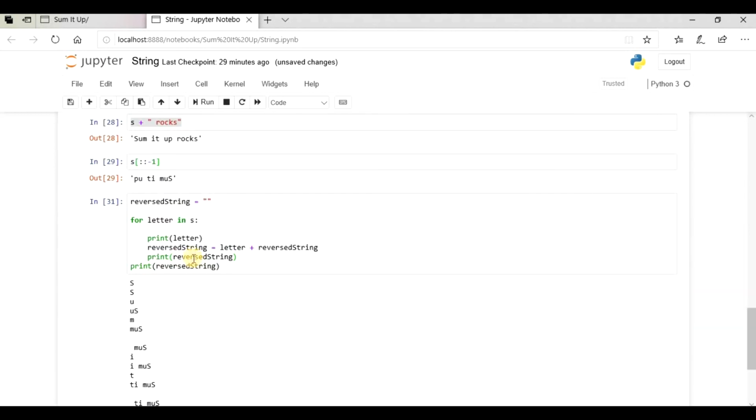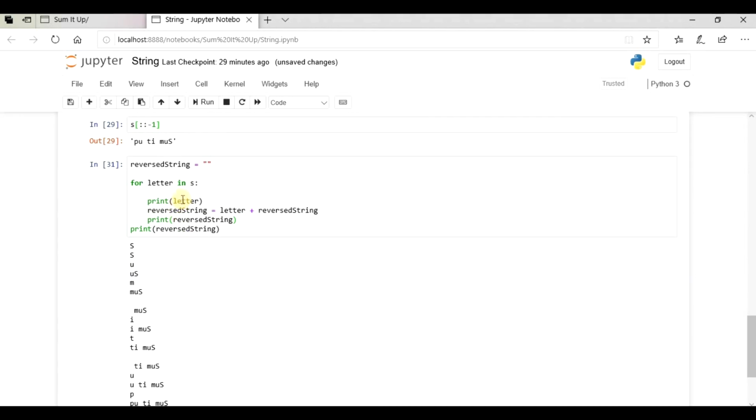What's happening here is, you can see that it prints the first letter as s, and this reverse string is also s. In the second iteration it prints the letter u, and this reverse string was s, correct? So it will add the letter plus the string.